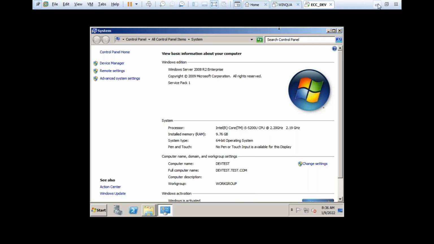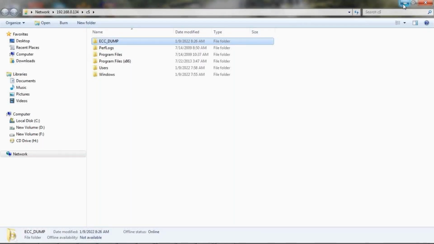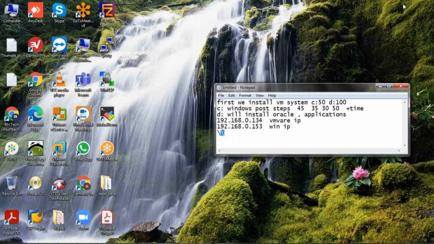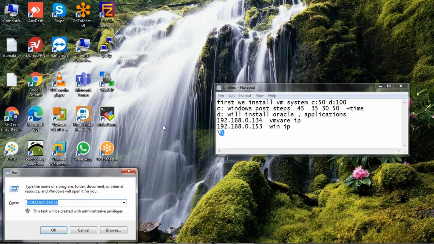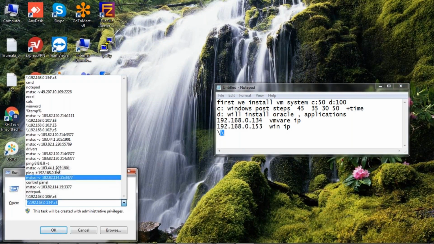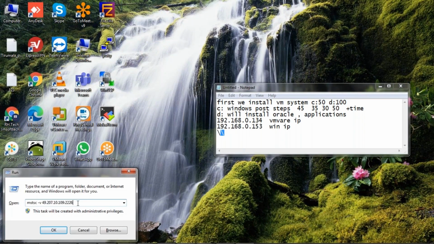Yeah, you minimize here. Take remote desktop, MSTS. Give this IP only, 134.